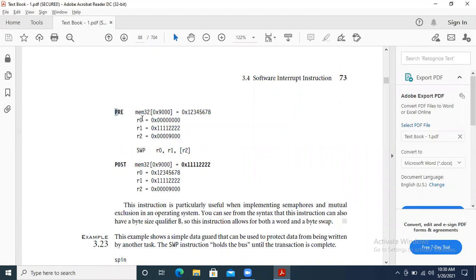They have given the inputs: the R0 value, the R1 value, and the R2 value here. They are applying SWP, that is R0, R1, and R2.